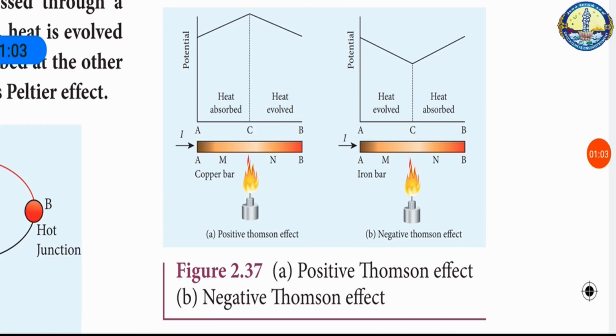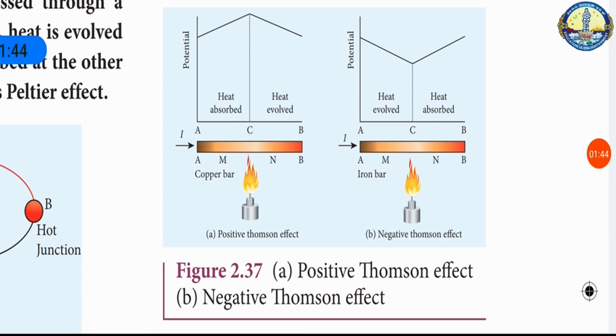Next, Thomson effect. Thomson showed that if two points in a conductor are at different temperatures, the density of electrons at these points will differ, and as a result a potential difference is created between these points. Thomson effect is also reversible. If current is passed through a copper bar AB, when it is heated at the midpoint, that is center point C, C will be at the higher potential. This indicates that heat is absorbed along AC and evolved along CB of the conductor.